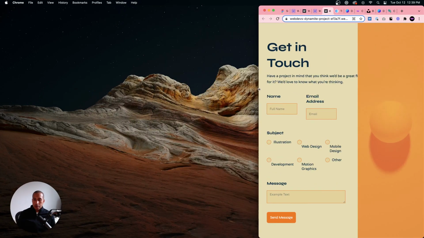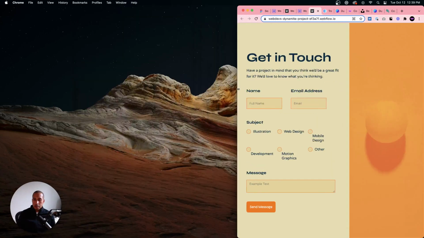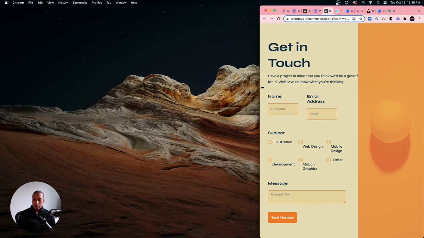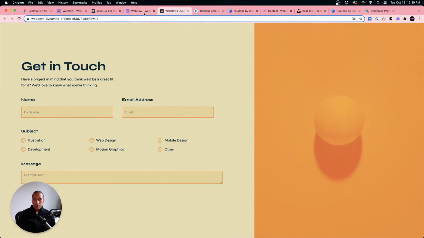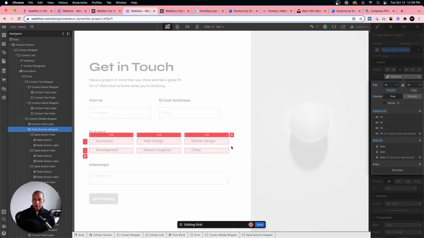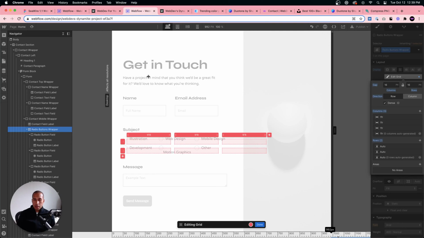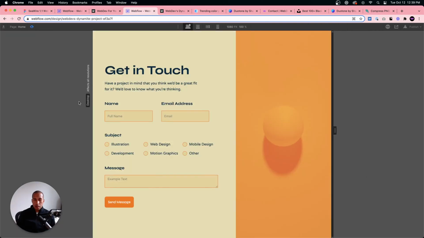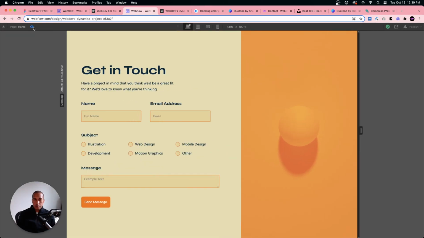Okay, so we do need to work on this here. Yeah, with grid, I'm trying to see if I can make it wrap. What does dense do? I don't think that's gonna work. No.